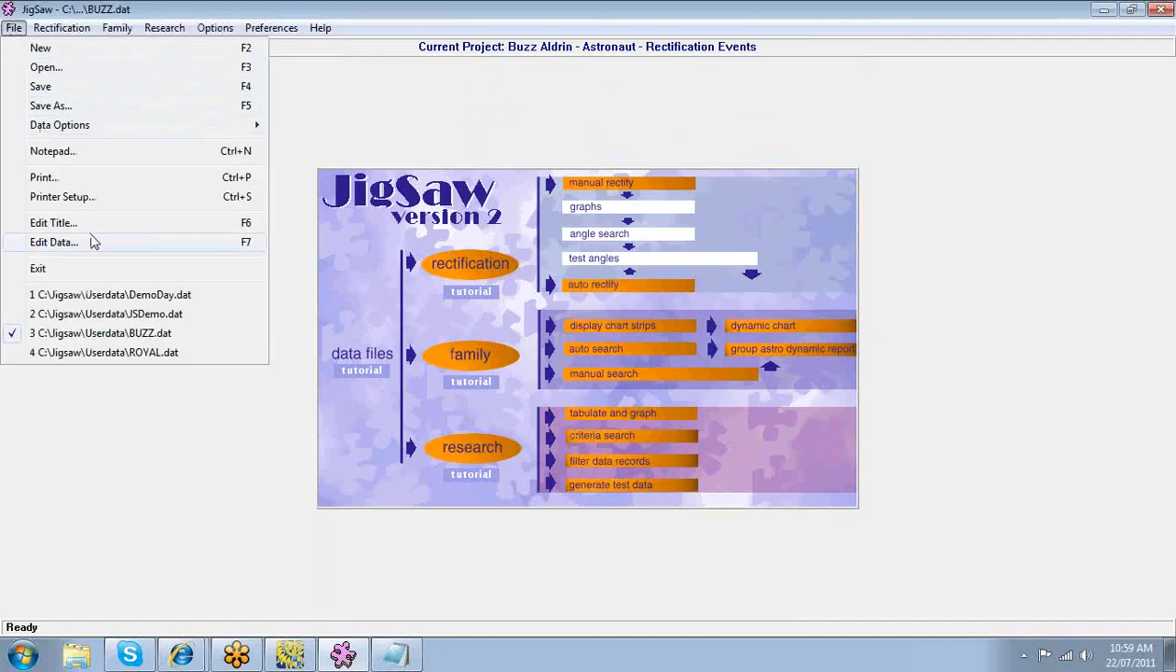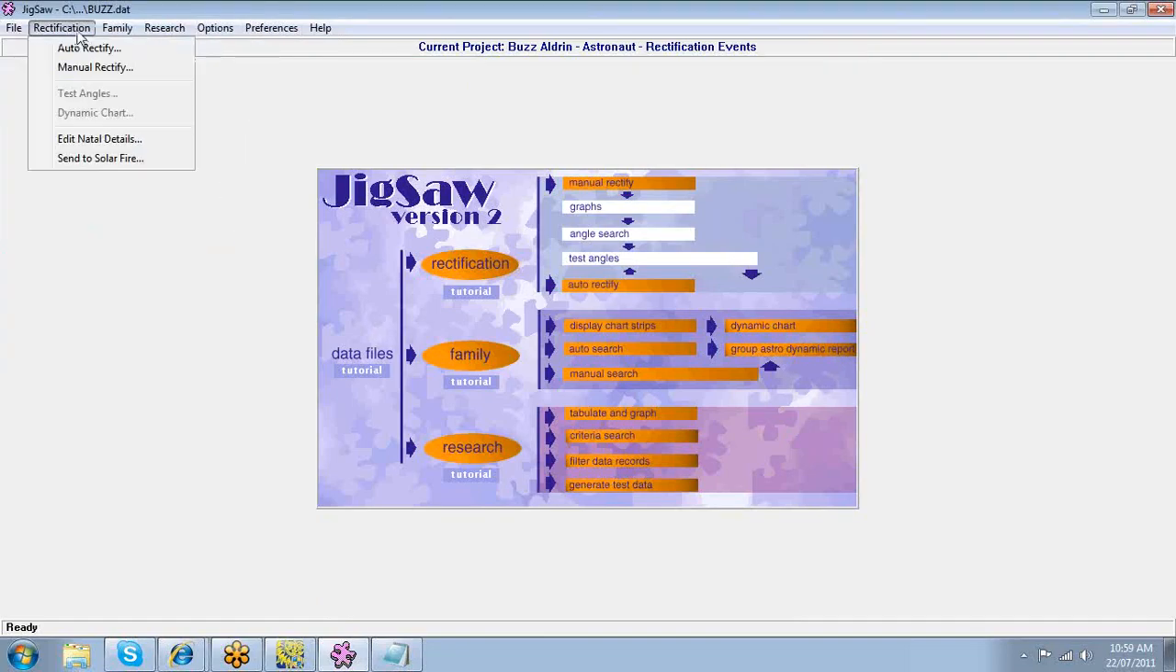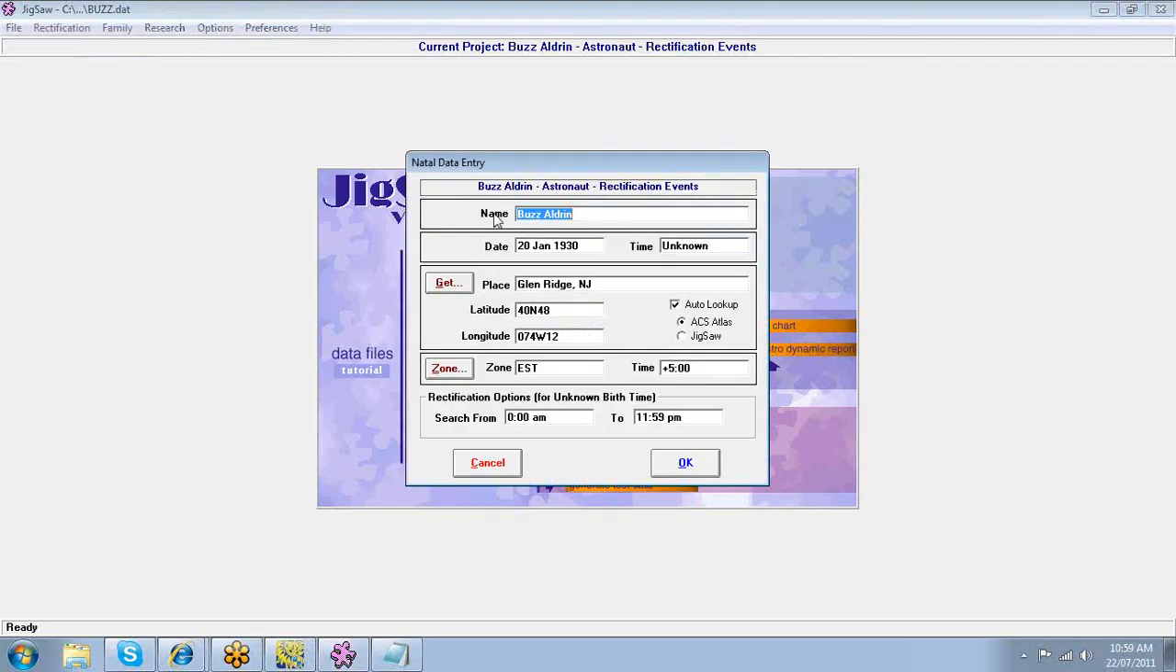We've edited our data and we've added our new data to our rectification process. The next step before we go anywhere else is to actually come to edit natal details. What we're doing in Jigsaw is we're giving Jigsaw the events, then we have to actually give it its starting point. So we have to come to this edit data